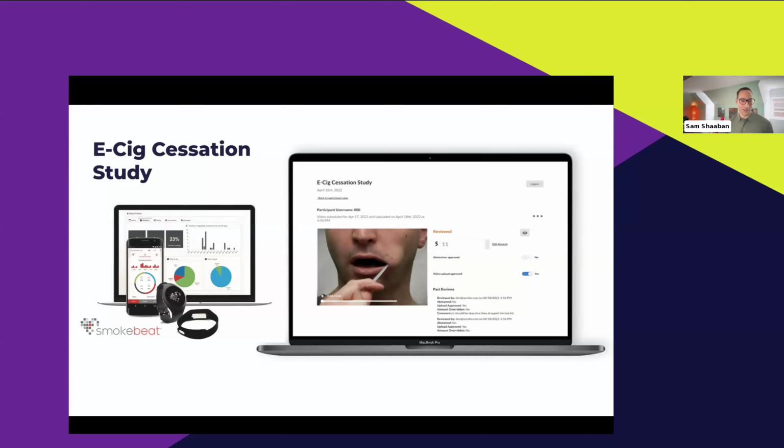But the interesting part of this, aside from the kind of neat and strange smoking detector, is that this project got funded right around the beginning of COVID. So the idea was participants would receive some money for not smoking, not vaping, and they would go into the lab, daily or weekly. I can't remember the frequency, but there would be a person there that would administer the saliva swab, and they would say, "Oh, you haven't vaped for a while. Here's your money." Well, no way to do that with COVID,